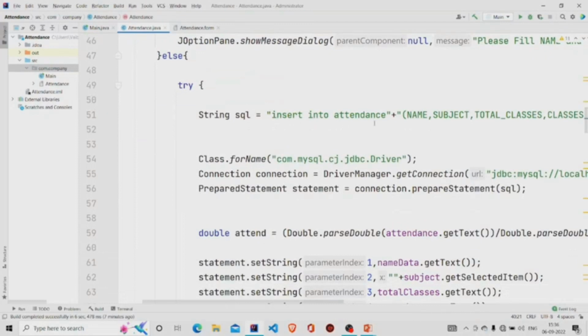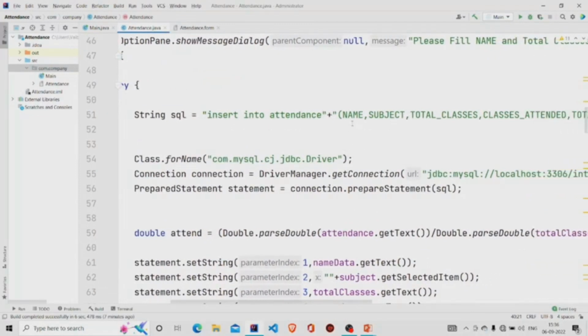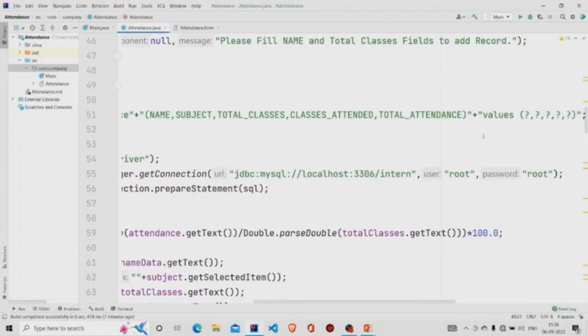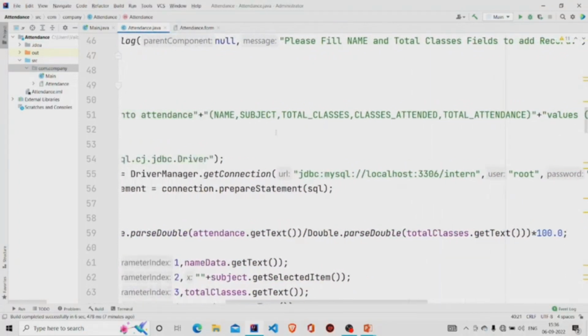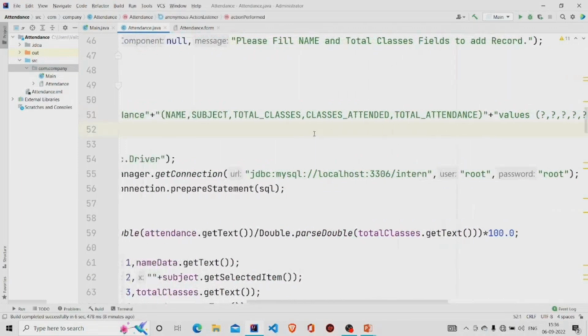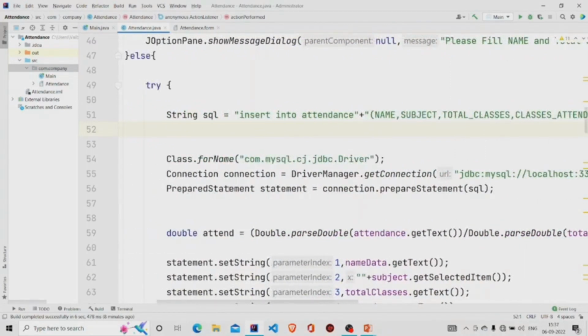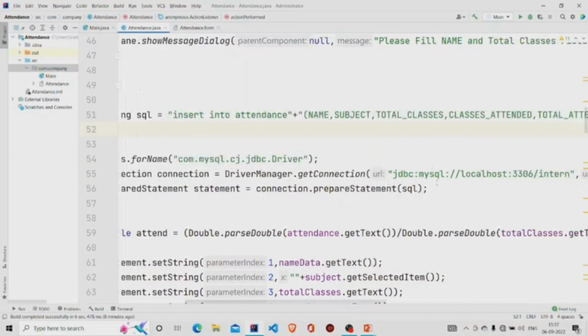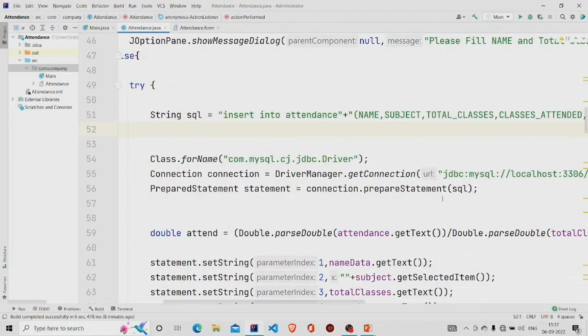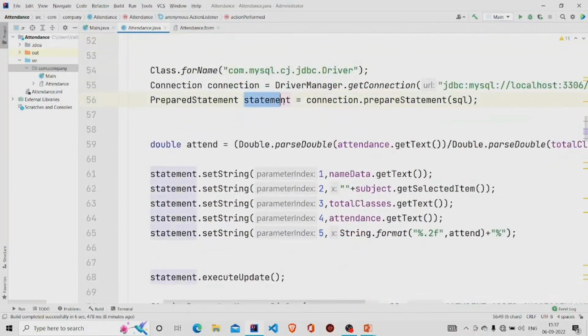insert into attendance. This is the table name. These are the attributes: name, subject, total classes, classes attended, total attendance. So it will be stored into the database, and this is the syntax which we use when we run the query from the prepared statement. So build the connection, pass your URL and the username and the password, then call this method prepared statement SQL, and pass your query SQL to it, and using this particular statement variable of type prepared statement, we'll be